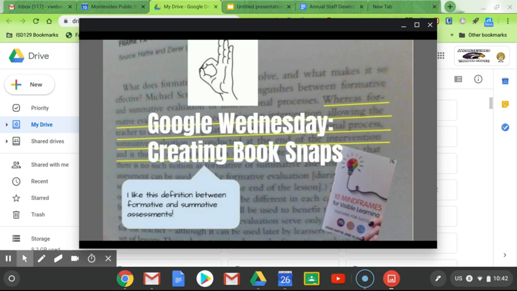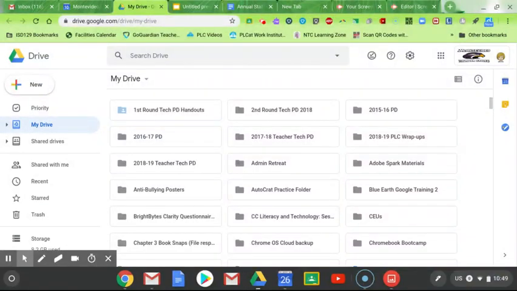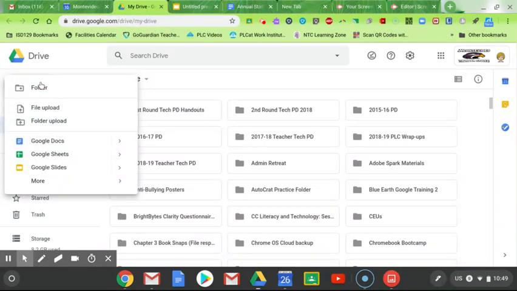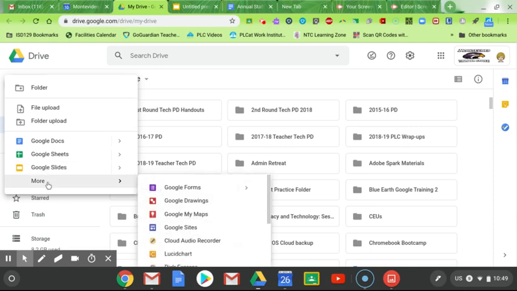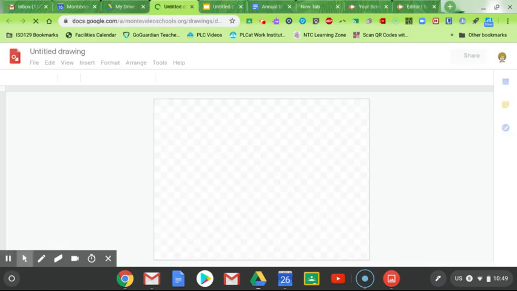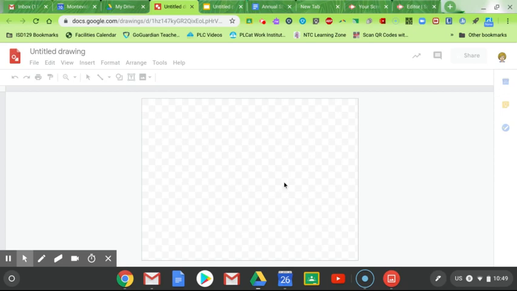their Chromebooks. So to get started, we're going to go to Drive, and then from Drive, we're going to select a program we don't usually use very often, and that's called Google Drawings. And you find that by clicking More and then going to Google Drawings. Now, once Google Drawings comes up, it's just a blank slate, and I want to take a picture of my text. So on my Chromebook, I'm going to go to Insert,